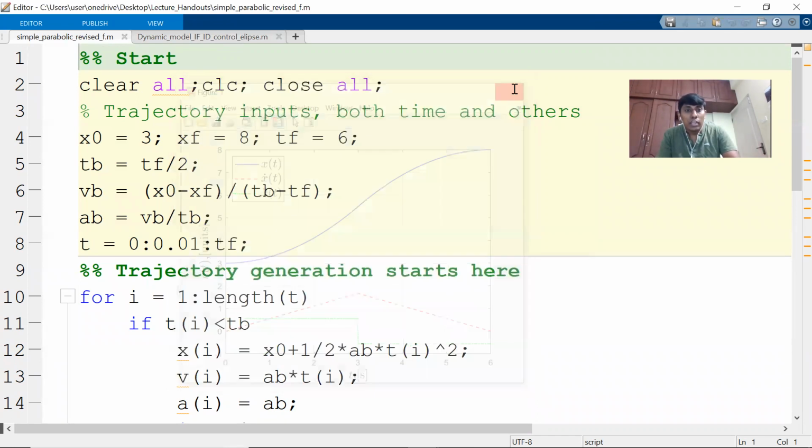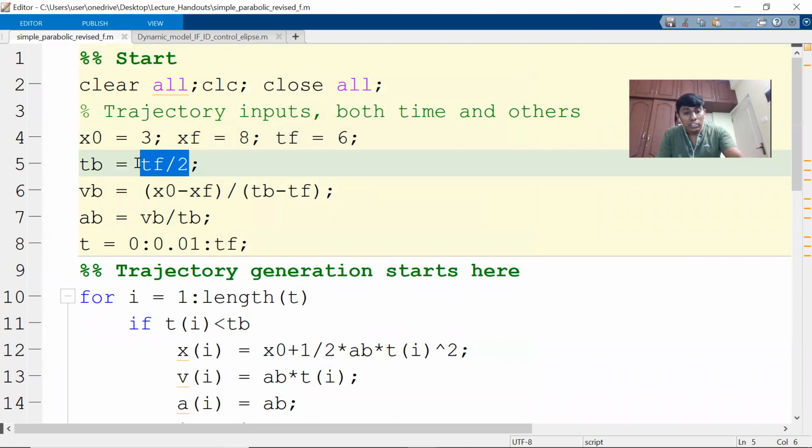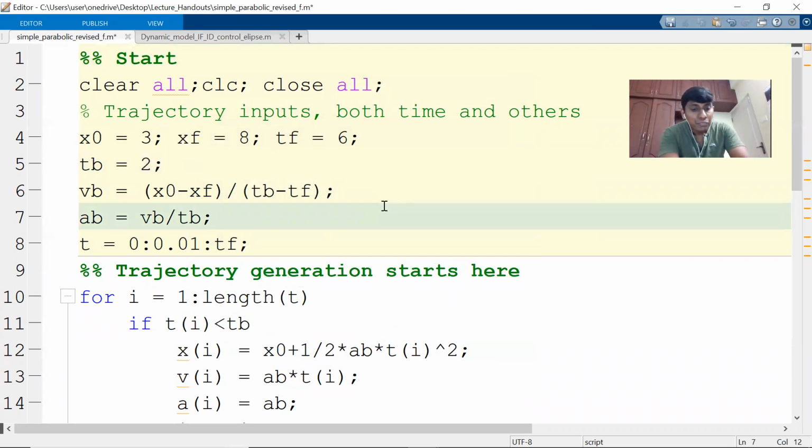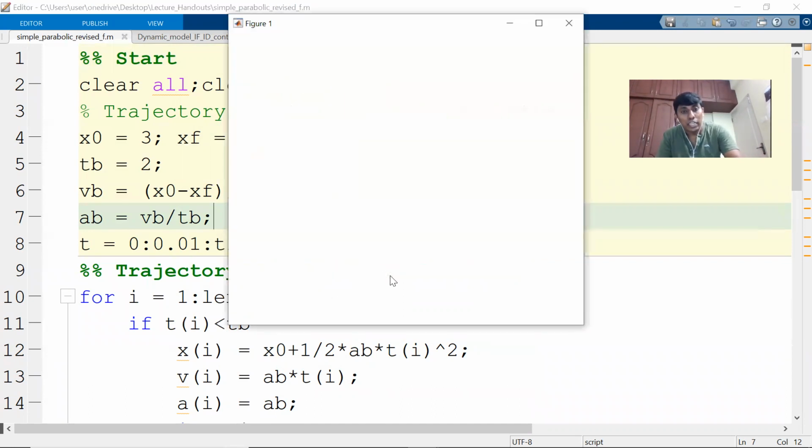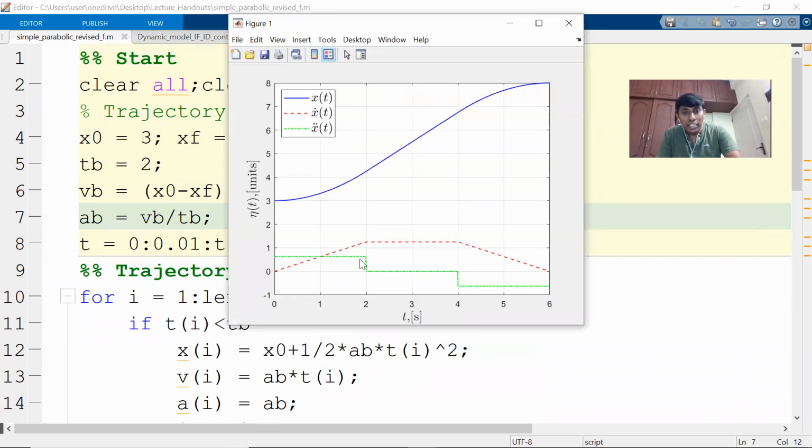So now if I decrease this time, for example, I'm decreasing this time to probably 2 seconds. So now you can see it. So now it would give a proper parabolic blend with the straight line. So you can see this is a constant velocity from this point to this point. You can see a constant velocity, which is a straight line motion.